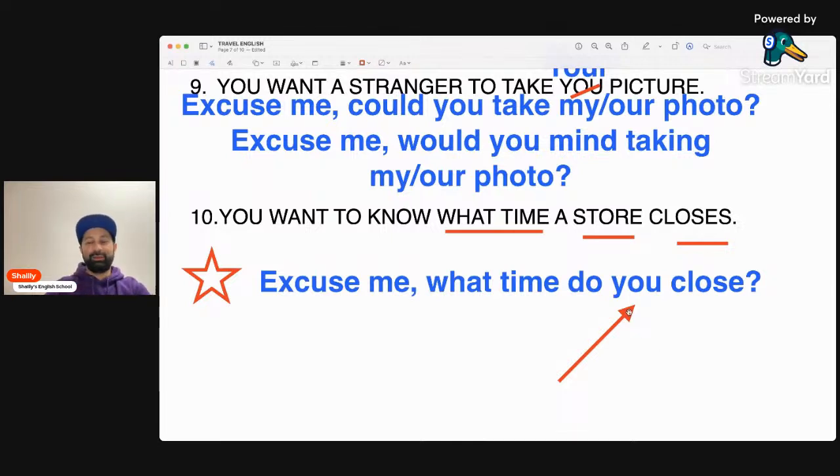But in this situation, even though I say you, in this sentence, you means the store. So excuse me, what time do you close? This means what time does the store close? All right, so I think most native speakers will say you when we're talking about the store.